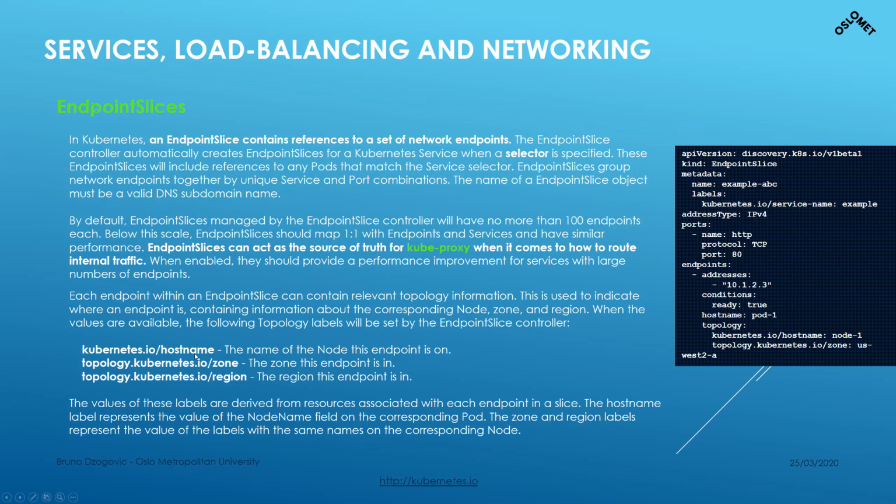Kubernetes can work with host names. It can work with zones and regions if you're using it in a cloud environment, etc. So this topology, for example, labels, will be set by the endpoint slice controller. The values of these labels are derived from resources associated with each endpoint in a slice.